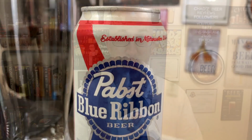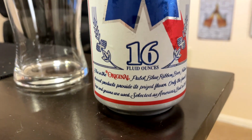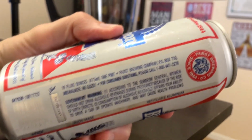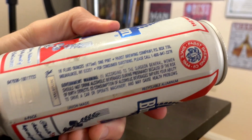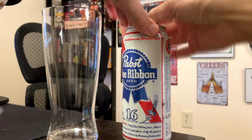Anyway, doing a beer I drink actually quite often, but I haven't reviewed in about 10 or 12 years. This needs no introduction. Pabst Blue Ribbon, or PBR, a full 16-ounce can, the original PBR. Doesn't say much else about it on the can. It says Pabst Brewing Company, and it's a P.O. box out of Milwaukee. I poured it into my Spiegelau lager glass, and I poured it way too aggressively,